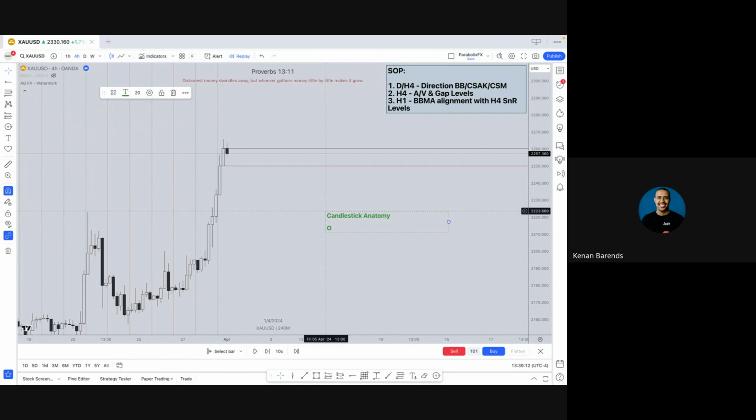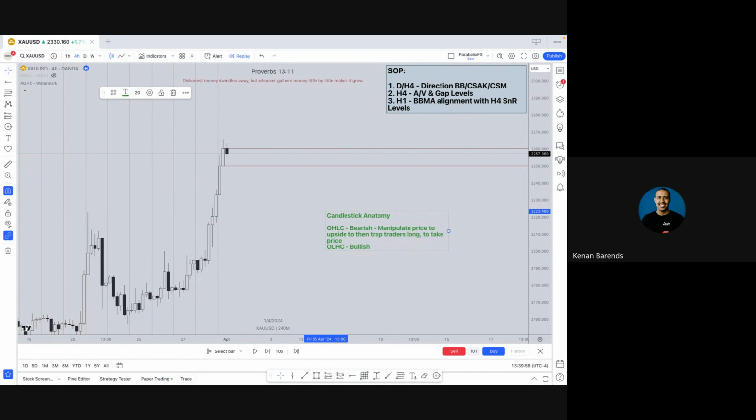All right, so all of us know how candlesticks form. We've got an open, we've got a high, we've got a low, we've got a close. So that would be a bearish candle. This would be an open, a low, a high, and a close. That would be a bullish candle. That one is bearish. This one would be bullish. Understanding candlestick anatomy is very important, because if price is going to finish open, high, low, close, then it means that they are going to manipulate price to the upside to then trap traders long